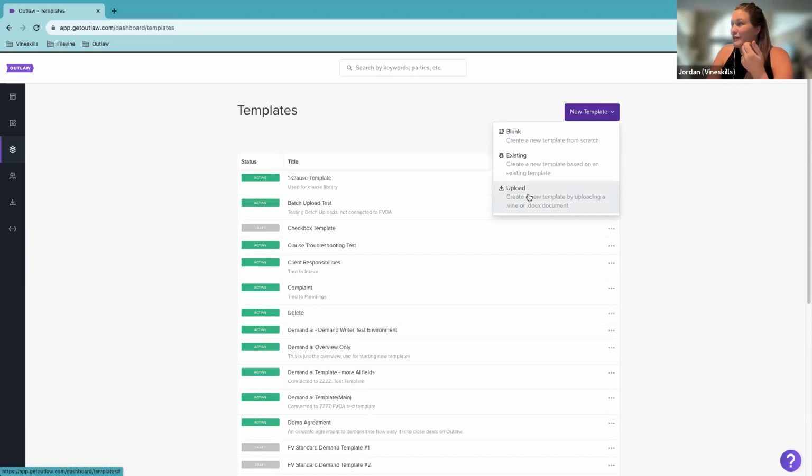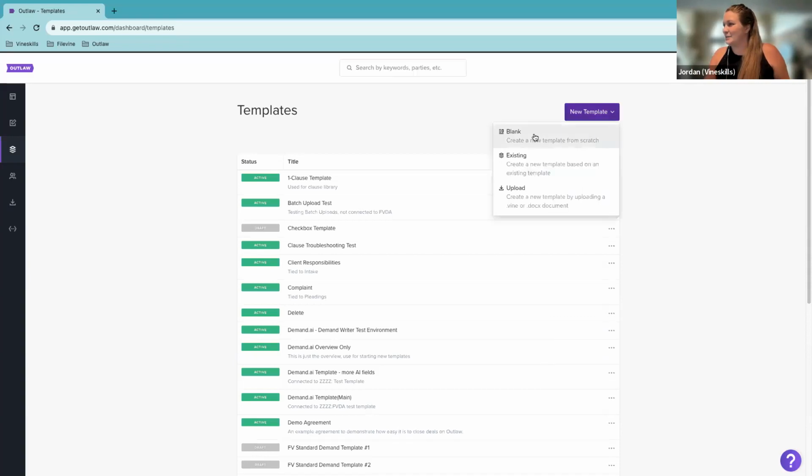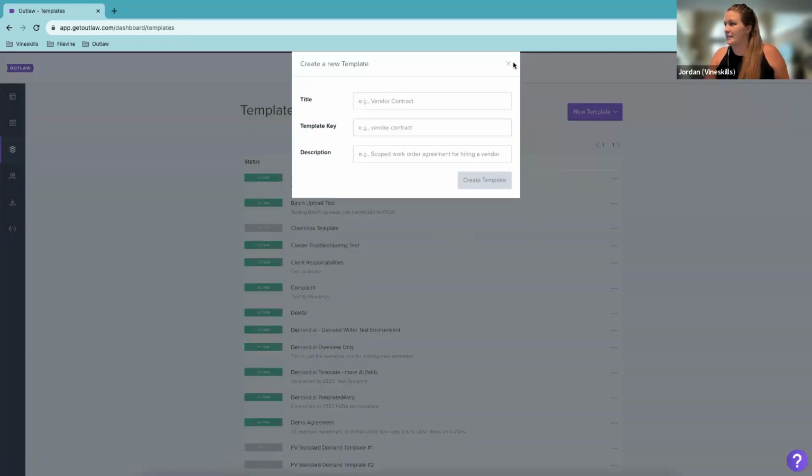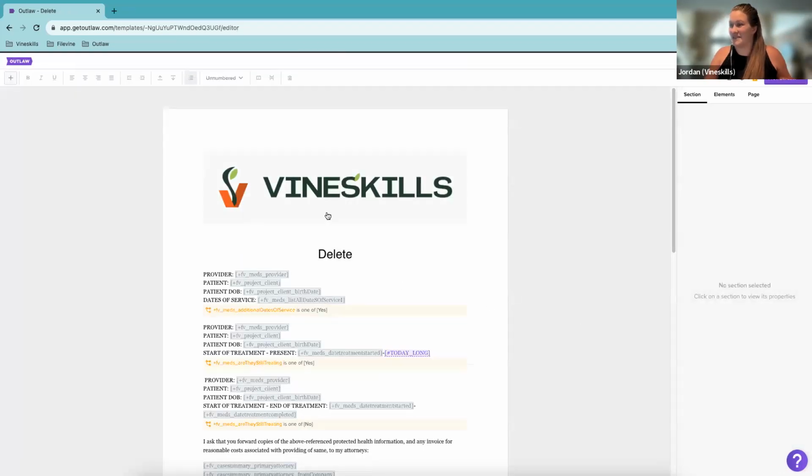So that one's pretty straightforward as well, but we can go ahead now and maybe just jump into some more of the coding out and how to add in different fields. So I'll kind of pause there in case anybody else has any questions. Cool. All right. Let's go ahead and just jump into this delete one that we made together using the existing